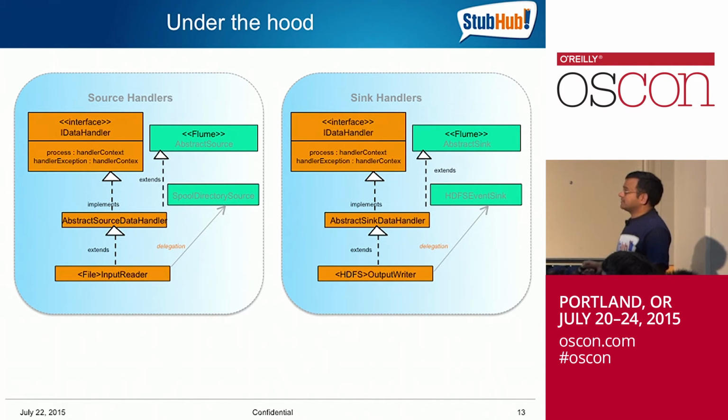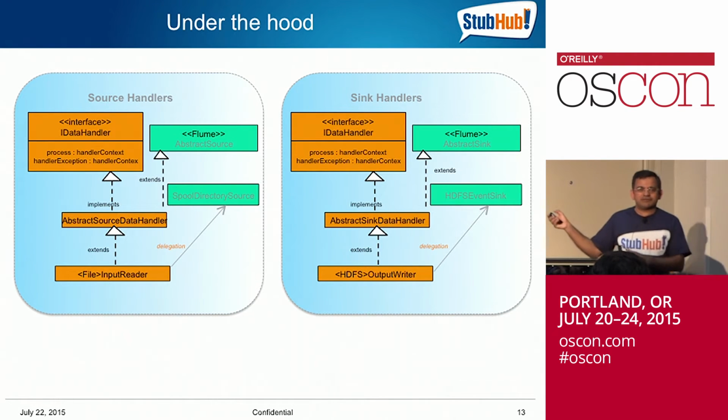The way we leverage the Flume here is that our own abstract class also implements and extends this. And then you can write your handlers. We have written a bunch of handlers. These are the handlers in the architecture diagram that I talked about that can leverage the Flume, delegate to where the common functionality exists, but actually leverage the rest of the handler orchestration framework that we talked about. That's how we extended it.